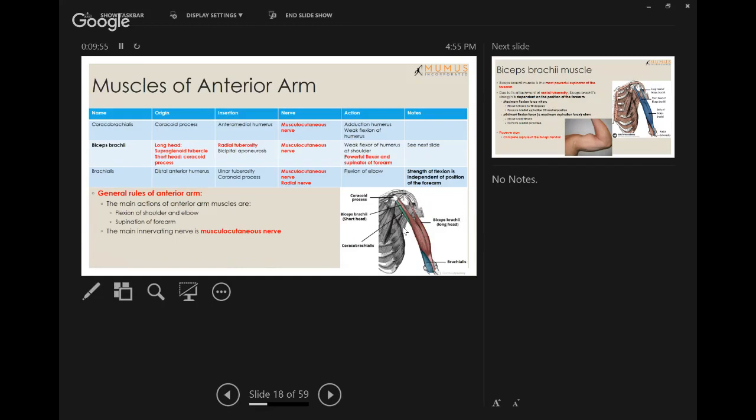So know where the long head and the short head attachments are and how to differentiate them, and also the insertion. But general rules of the anterior arm, basically all of them are innervated by the musculocutaneous nerve. So that's easy, that makes the memorization easy. And also because it's in the anterior arm, when they contract, it's going to pull it up, so it's going to be associated with flexion of the forearm. Supination of the forearm is usually done by biceps brachii. But anyway,